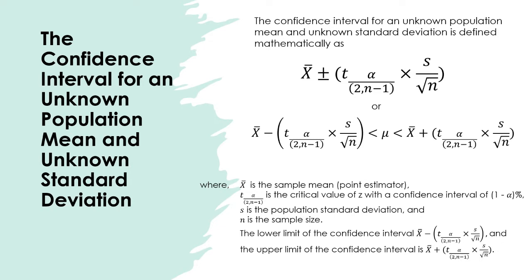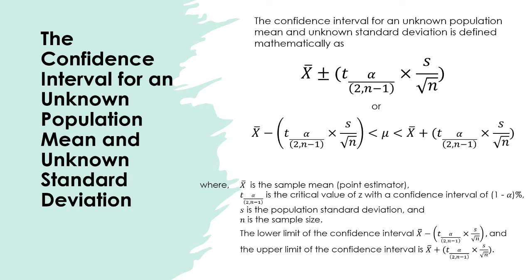The confidence interval for an unknown population mean and unknown standard deviation is defined mathematically as x bar plus or minus the quantity of t sub alpha over the quantity of 2 and n minus 1 multiplied to s divided by square root of n, or x bar minus t sub alpha over 2 and n minus 1 times s divided by square root of n is less than mu is less than x bar plus t sub alpha over 2 and n minus 1 multiplied to s all over square root of n, wherein your x bar is the sample mean,